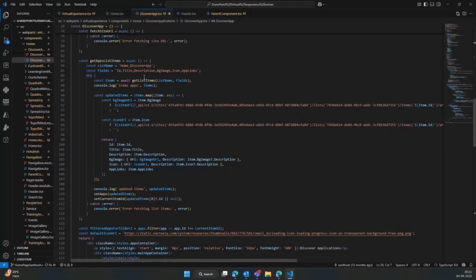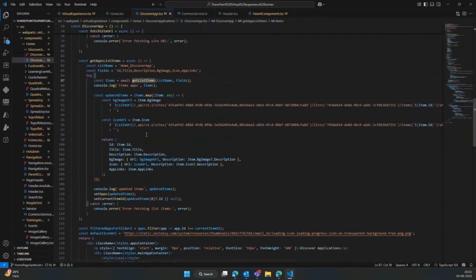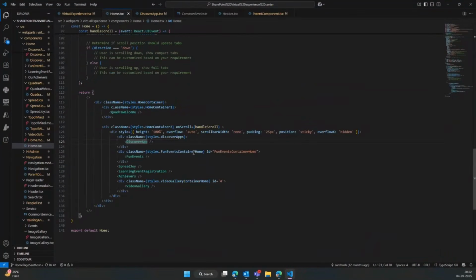To fetch that SharePoint list data using PnP, we use the PnP API call sp.web.list. Once the data is retrieved within the get list items functionality, it comes back to the discover app component. We are using an image data type in the SharePoint list, so we use a URL to fetch the image and display it in the discover app component. The same logic applies for discover fun events, learning event registration, achievers